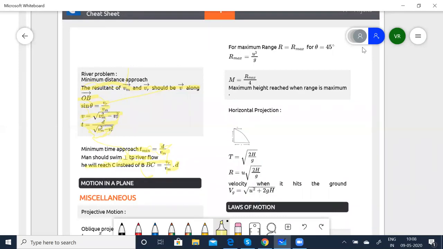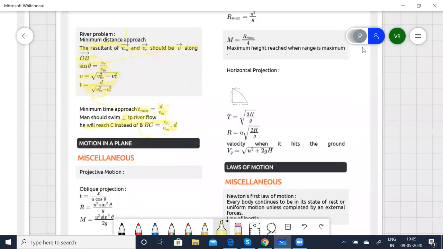You have to remember the problems related to rivers and rainfall. Okay. Anyways, I'll be solving such problems when I do the tests. Okay, and then you'll understand. When you do more and more problems related to this, you'll understand it better. Okay, now coming to the